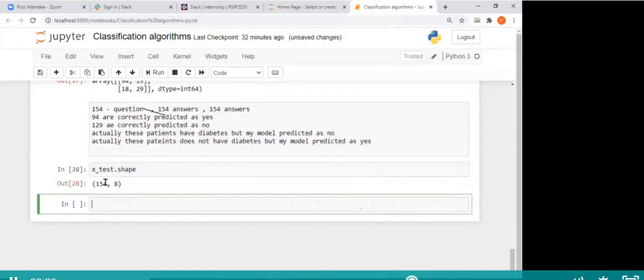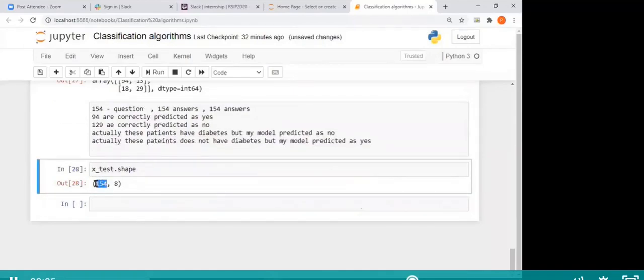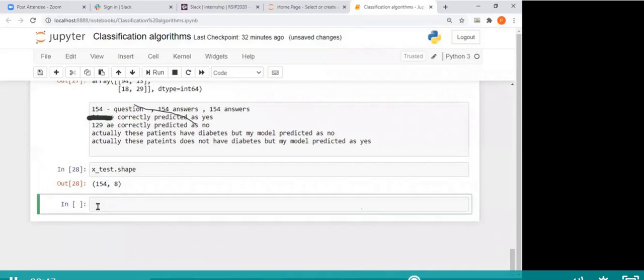How many do you have? 154. So you have 154 questions. That means you'll have 154 answers, right? So again, y_test has those answer keys, right? This is what a confusion matrix is. Now let's see